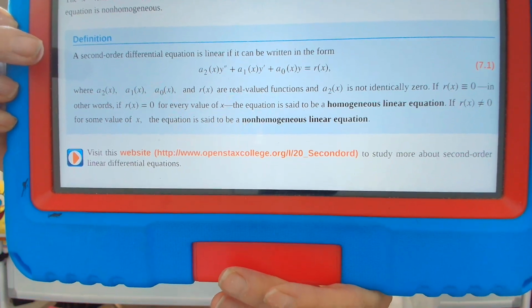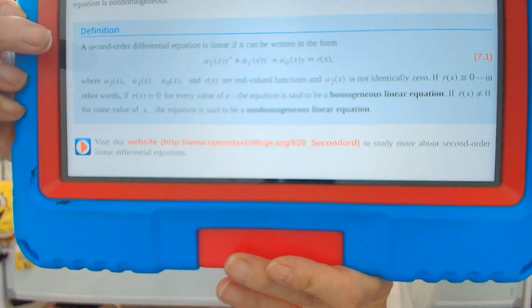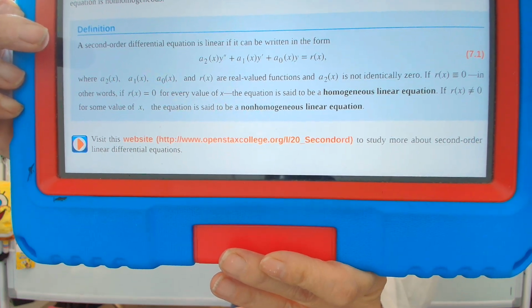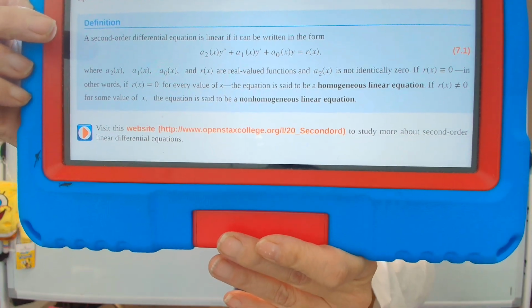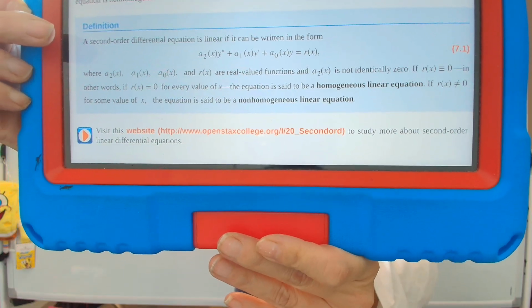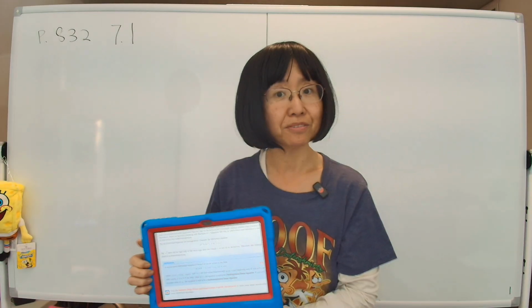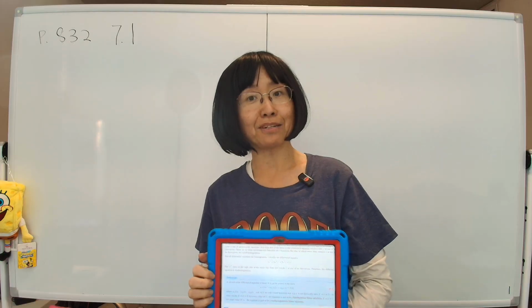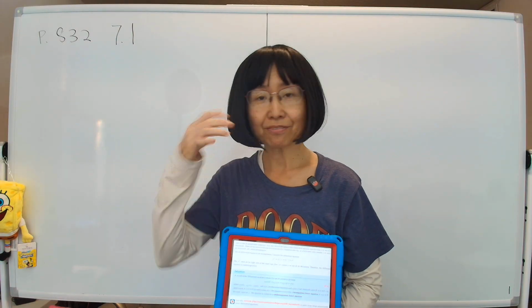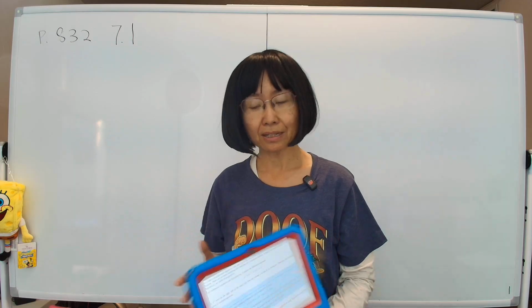y double prime, that's the second derivative, and then y prime, and then just y, and then it equals to no y's, just x. And then it has coefficients in terms of x. Now this function y is only in terms of x, we're not talking about 3D anymore. We're just doing the same old thing we always did. So y is a function of x. It has this particular